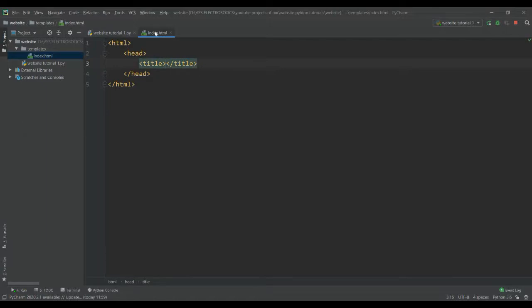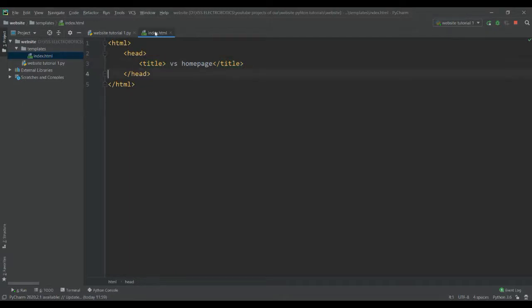This title tag helps you write in the browser tab. Instead of naming the new tab as a new tab, it will change to the title you are giving. I'm giving the title as VS homepage.